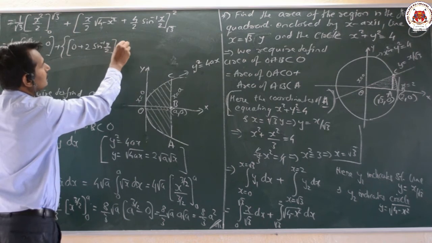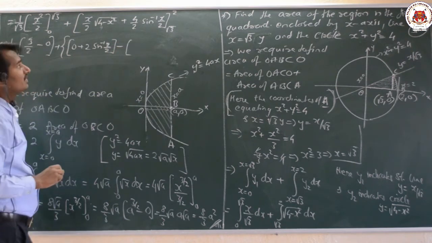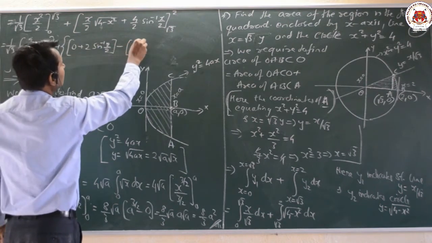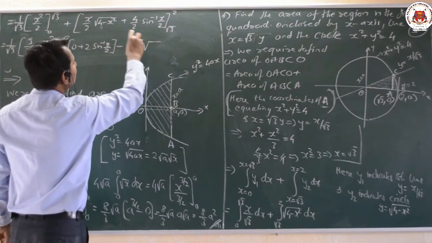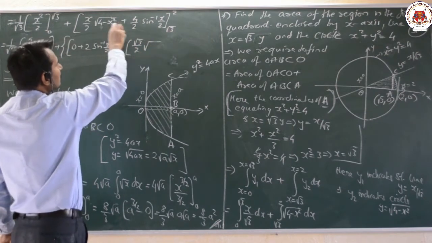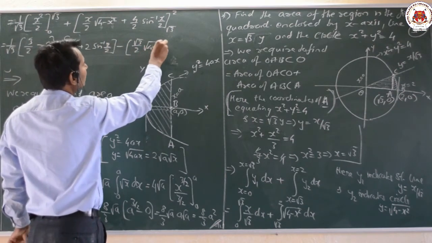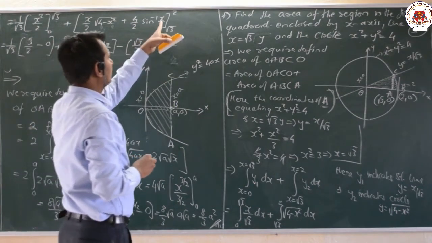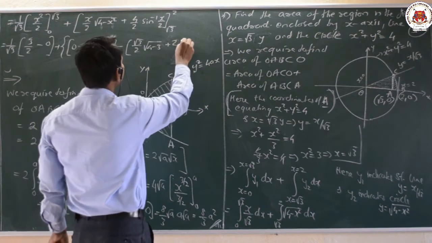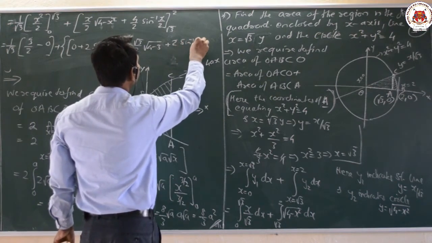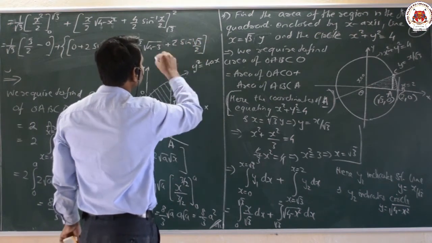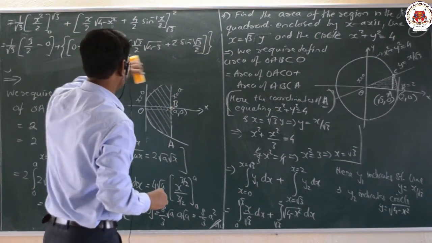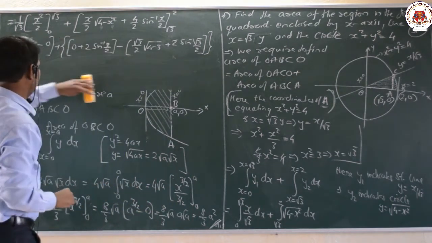Upper limit is over, minus the lower limit value. Lower limit, what is the value? Root 3. So what we get here is root 3 by 2 into root of what, x square is 3, that means 4 minus 3, plus here 4 by 2 is 2, sine inverse of what we get here, root 3 by 2 here. So what we have is sine inverse of root 3 by 2 here. Okay dear students, now let us put out the next value. Now what is the value here that we shall observe here?